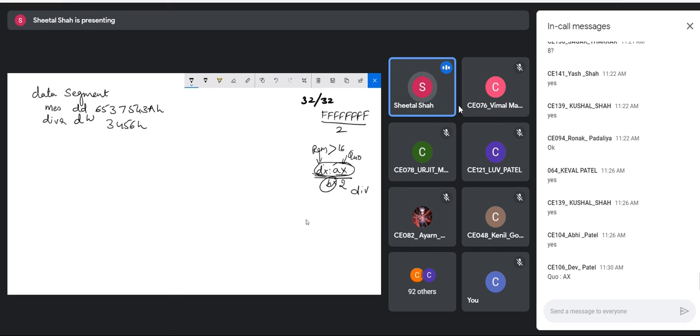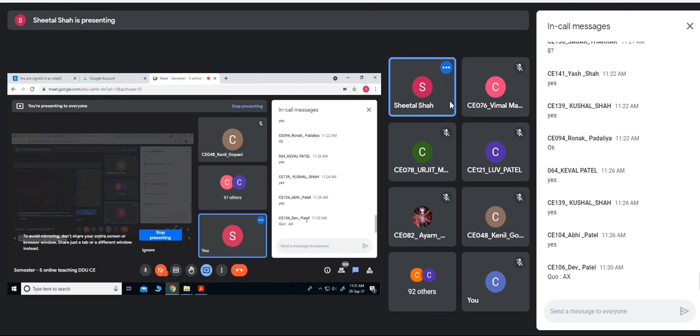But as we know, AX is only of 16 bits. So after dividing by 2, can I have the 16-bit quotient value? No. If the quotient is too large to be accommodated into 16 bits, then it may show some error. Got it? So in this program, I am writing the code here, and I'll be going on explaining, and you can note it down, or if you have any doubts in this code, you can ask me.